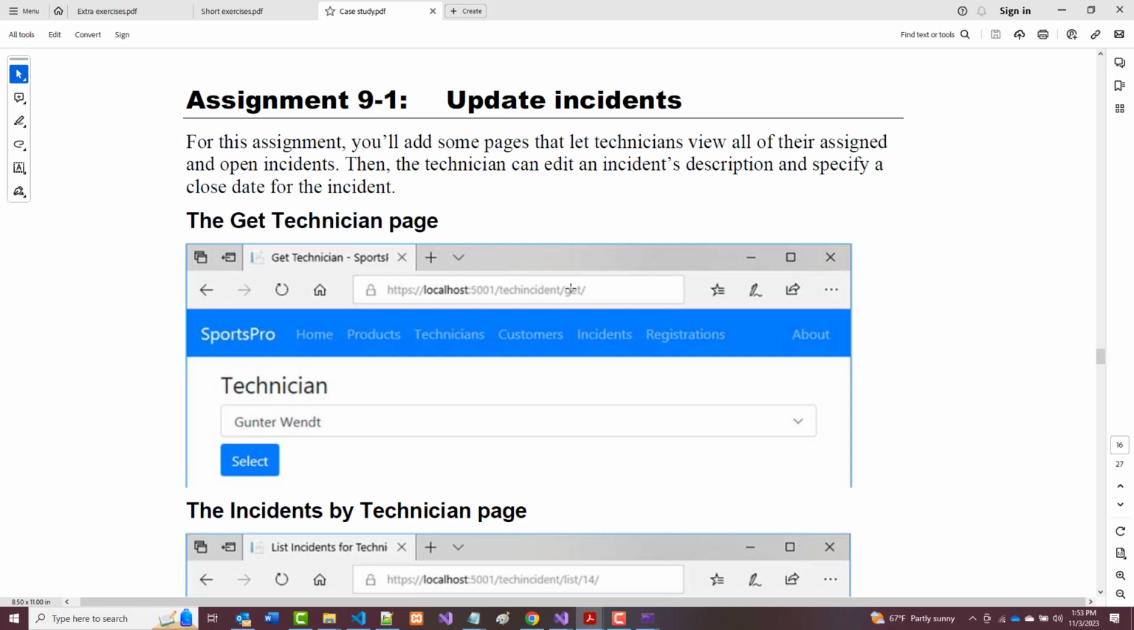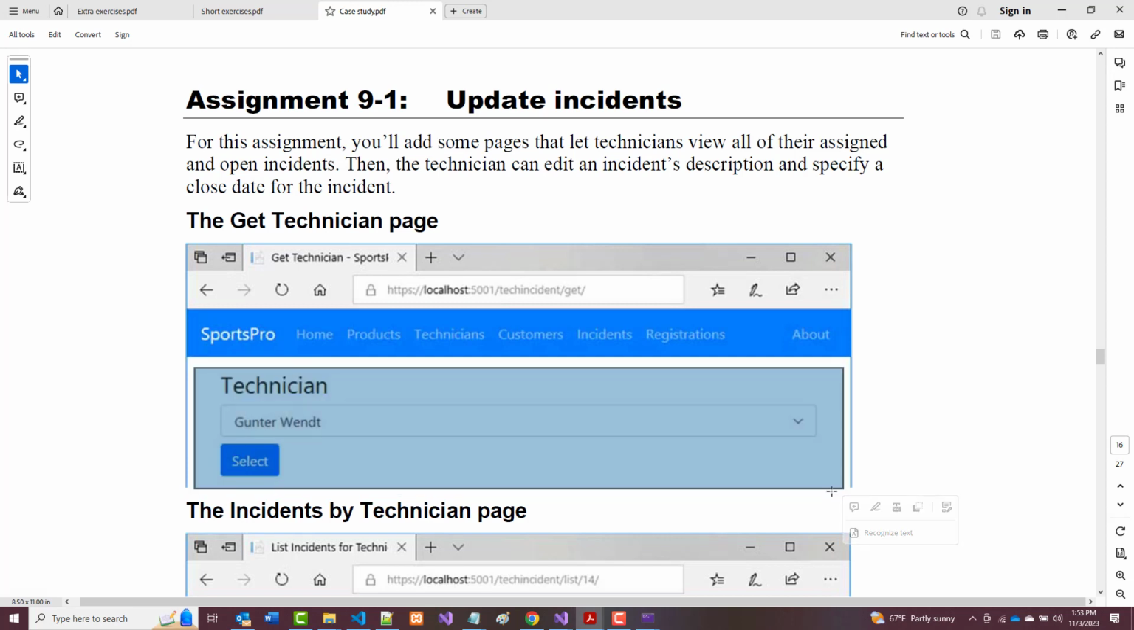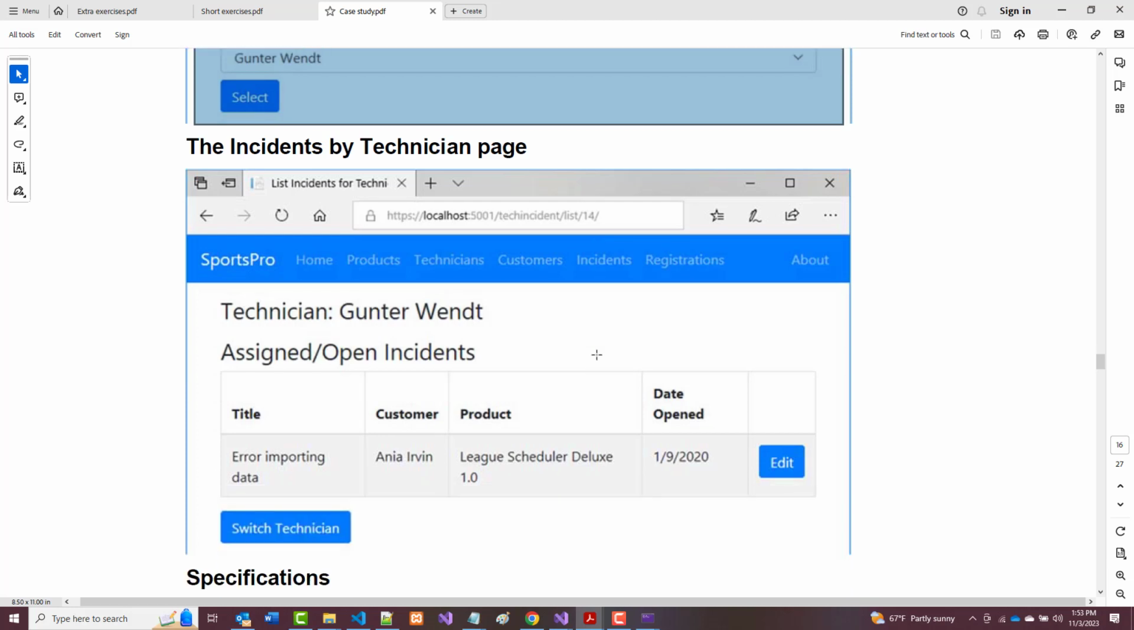This first page here is going to be for an incident get routine. It will show us the list of technicians, and there's 5 or 6 of them. And we can pick any one of them out and use them as we see fit. So that's the technician or tech incident get. Then notice there's a tech incident list, and it's got the person's name in there that you can see and any open